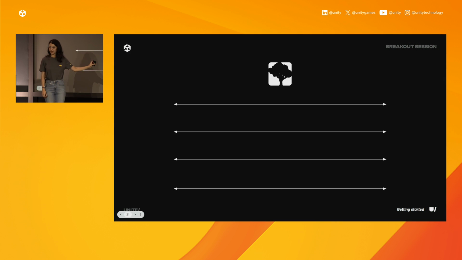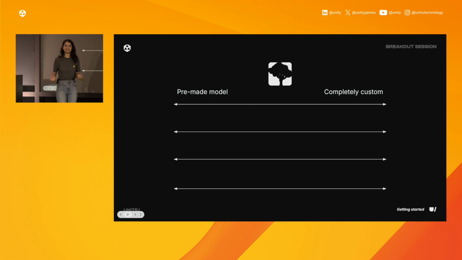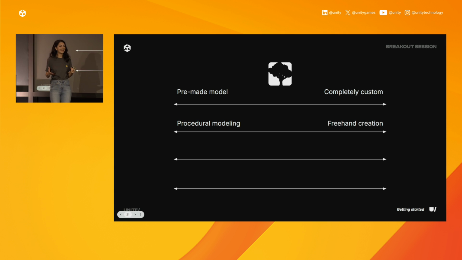I mentioned just a minute ago that we need tools that are flexible to our needs, right? I'm willing to bet that none of your projects, unless you're on the same team, obviously, are exactly alike. So where SpeedTree really shines, in my opinion, is in its flexibility. So for example, we can use SpeedTree to scale with our ambition and our resources. So we might just want to work with pre-made models, or we can go completely custom blank file, or somewhere in the middle. We can leverage the power of procedural modeling and the art directability of freehand creation.